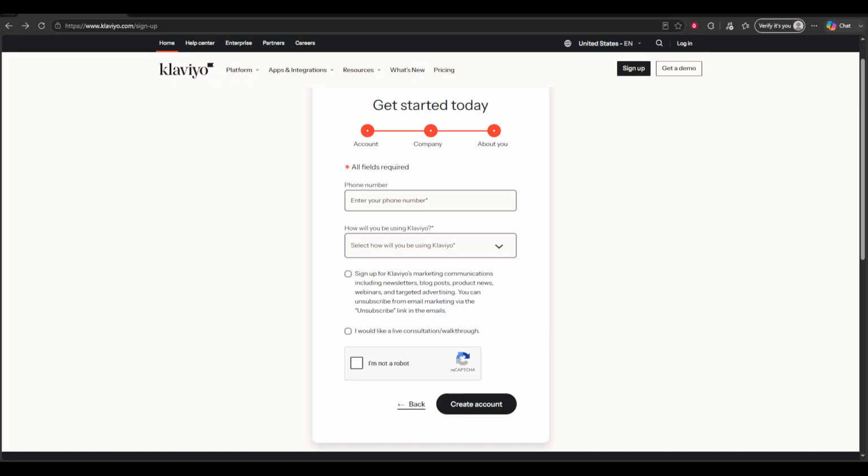And there you have it. You've successfully created your Klaviyo account. From here, you can start exploring the platform, setting up your email campaigns, and diving into the various features Klaviyo offers. Remember, taking the time to familiarize yourself with the dashboard and available tools will help you make the most